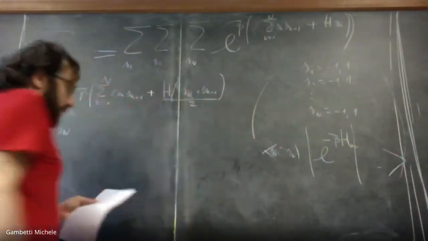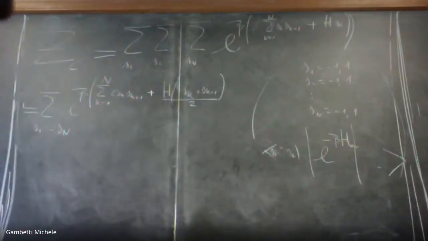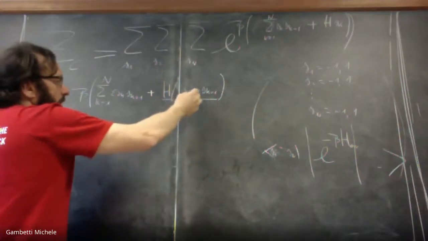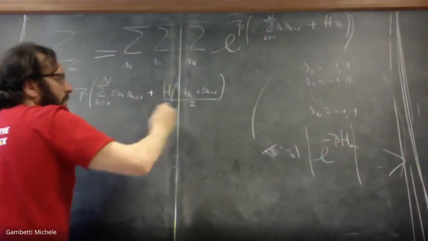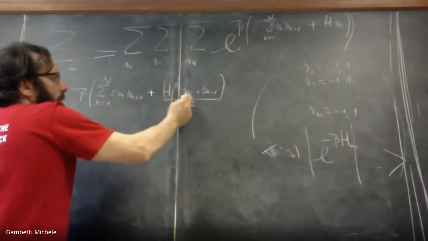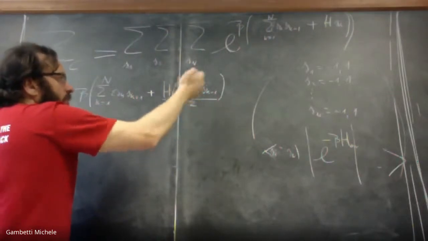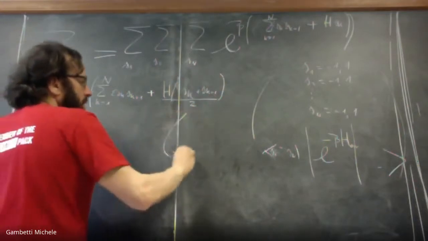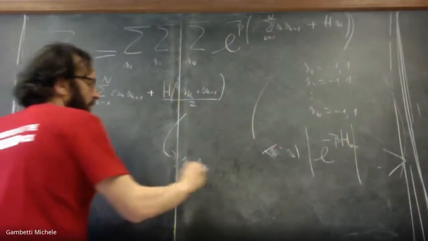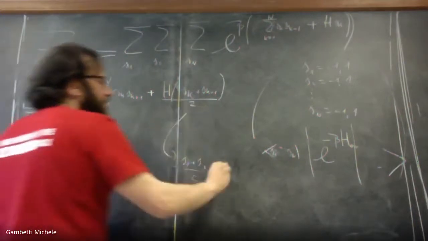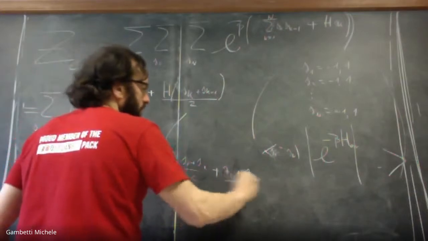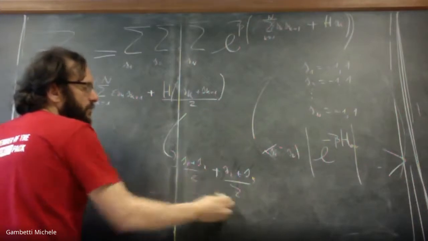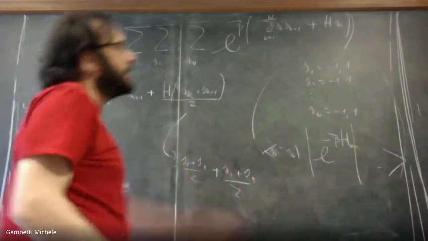This is divided by 2. Why am I doing that? Because, for instance, if you take s equal 2, I get two contributions. So from this term, suppose that the first term will be like S1 plus S2 divided by 2, then I have S2 plus S3 divided by 2. So S2 gets two contributions, one half S2, one half S2, which is S2, which is correct.